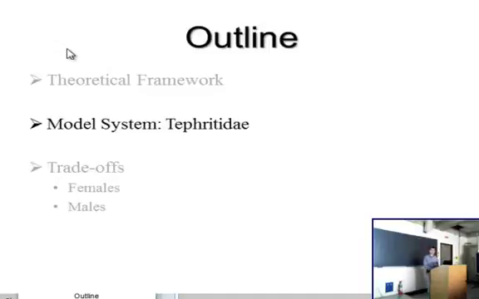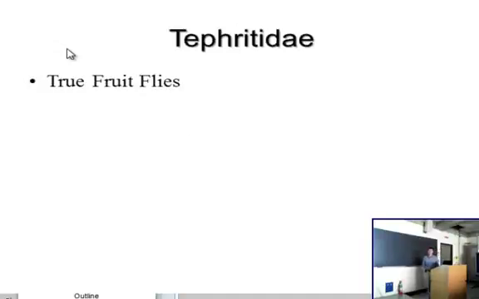So to test these ideas, I worked in the model system of the Tephritid fruit flies. Now, Tephritidae shouldn't be confused with the Drosophilids. Those are actually a common group of organisms that, like Drosophila melanogaster, is used as a model system in many genetic and other fields. These fruit flies are phylogenetically distinct, and they've been separated by a great period of evolutionary time. There are about 4,500 species of Tephritid, and they're spread across 500 genera.